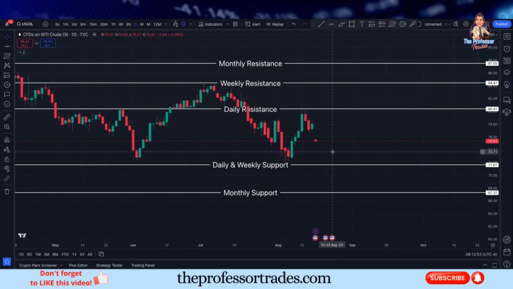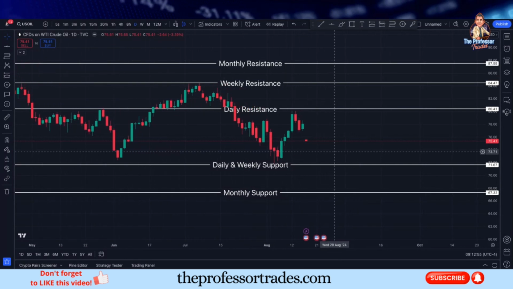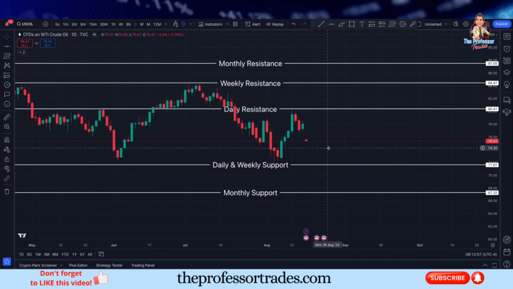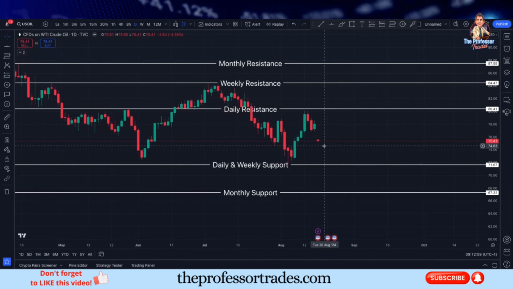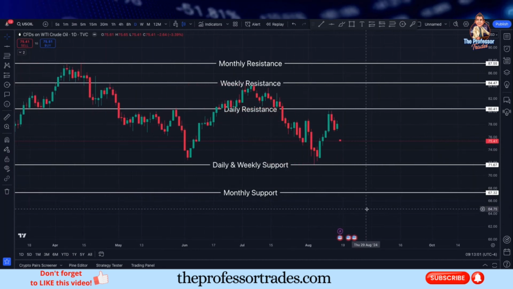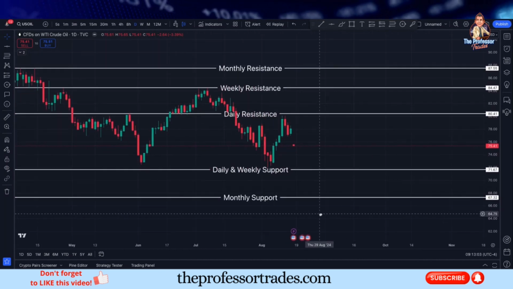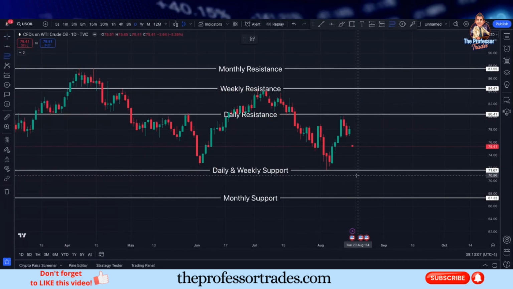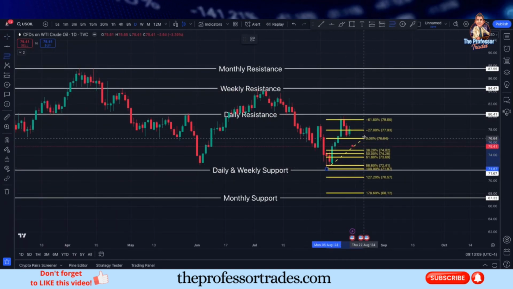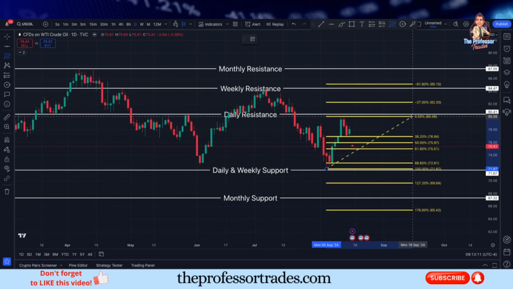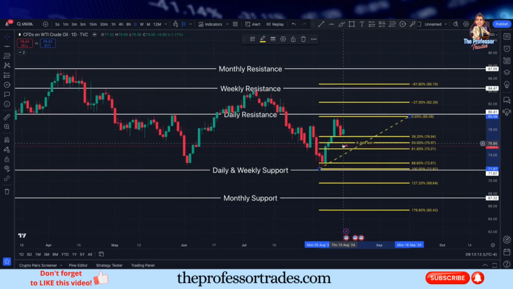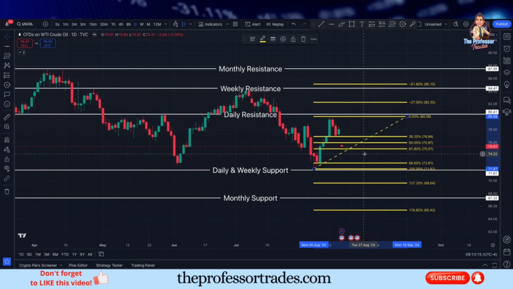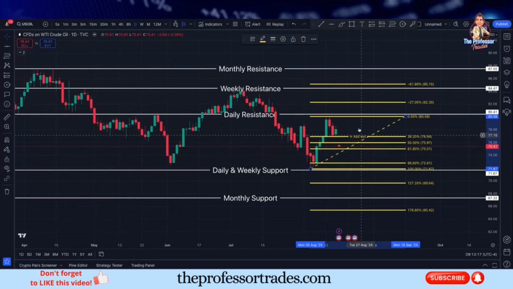So we are going to have to wait to see what's here. Now, we're going to ignore this candle for this evaluation, because I really want to look at prices moving right within these levels, and I want to start with some Fibonacci levels at this daily time frame. So I want to go from this low to this high. Again, we don't know what's happening with this candle, but we are going to start looking at